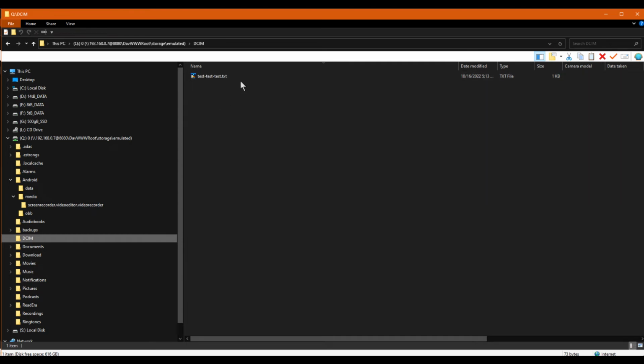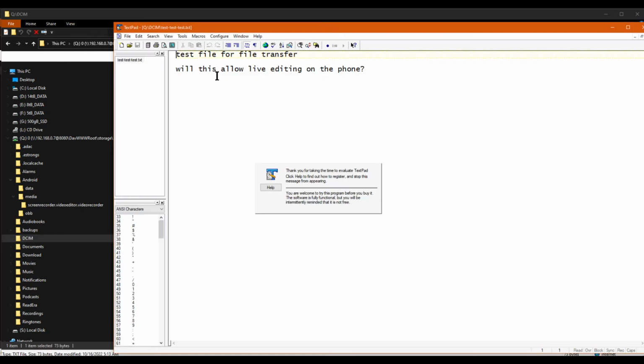DCIM. Oh, all right. Here is a text file that I had transferred earlier today back and forth between my phone and my PC. So okay, we're actually looking at the internal storage of our cell phone over Windows PC. You can double click on this, and